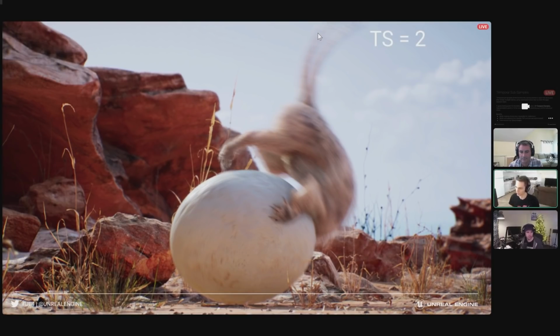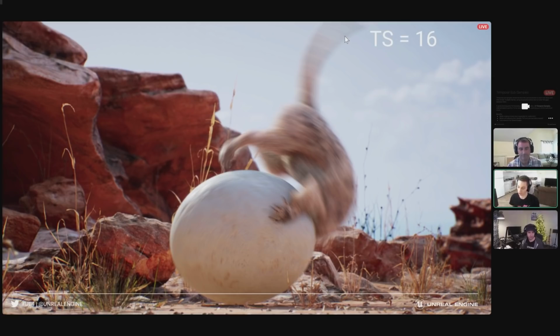Here we've jumped up to 2. You can see that the artifact near the foot has resolved itself pretty well. You're starting to get a little bit more curve to these. This tail's starting to have a little bit of curve. We can do 4 temporal samples, 8 temporal samples, and up to 16 samples. One thing that is worth calling out is you can see that the difference between 8 here and 16 here is not really that significant. So you do have diminishing returns on more temporal samples to some extent.